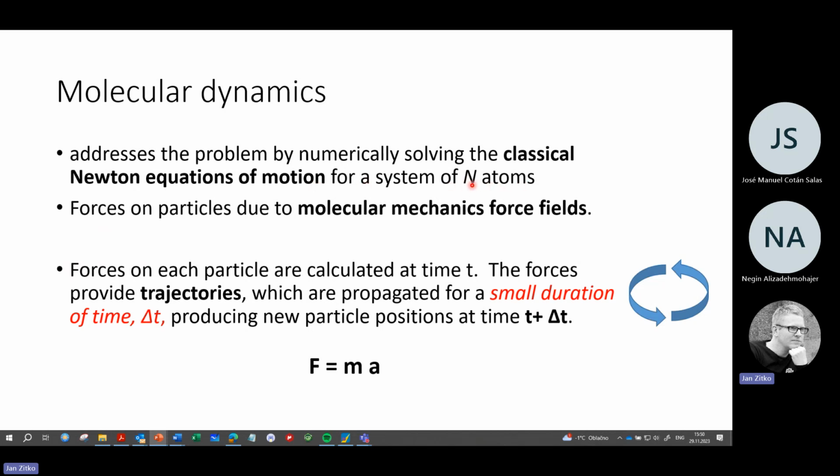The n can be very huge. In a typical system, again, let's stick to our example: ligand in a protein, in a cubic box of solvent, you can have several thousand to tens of thousands of atoms. Yeah, so this n is very typically tens of thousands. Okay, so at the beginning,